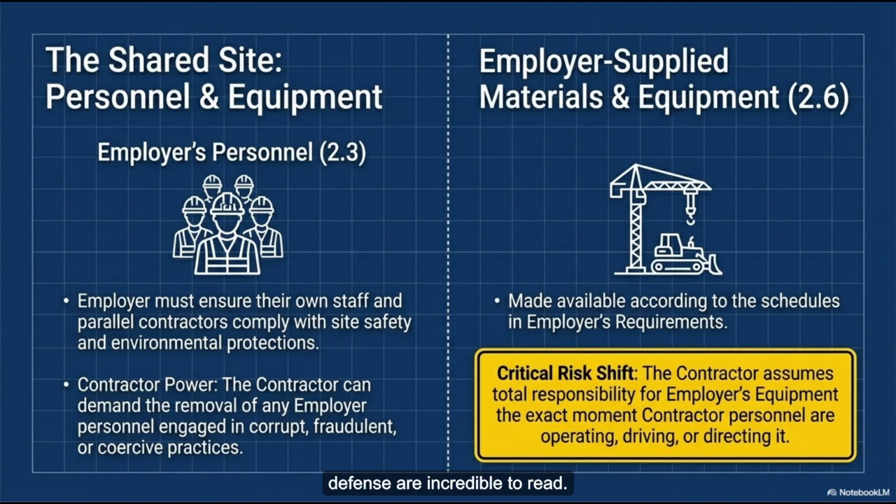The triggers for this defense are incredible to read. If the contractor receives a variation instruction, basically a change order that costs more than 10% of the total accepted contract amount, or if a bunch of small change orders cumulatively add up to more than 30% of the total amount, the contractor can just hit the brakes. Yep. They can legally demand reasonable evidence within 28 days that the employer actually has the financial arrangements in place to pay for the massive increase.